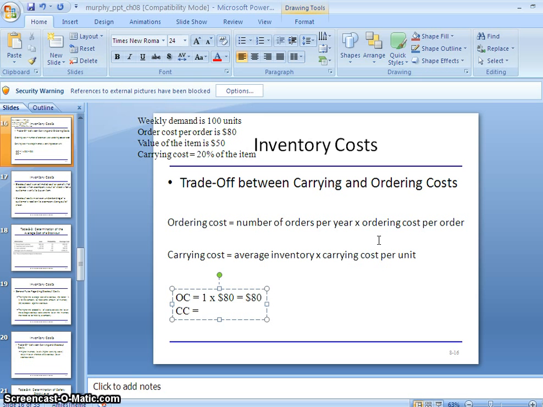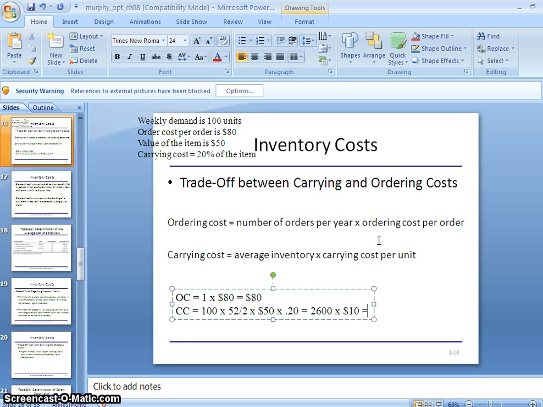So if I'm using 100 items a week, 100 times 52 weeks in a year, and to get the average inventory we simply divide by 2, then we multiply this times the value of the item, which is $50, times the carrying cost, which is 20% or 0.20. You can do the math on your calculator at home, but basically this is 2,600 times $10